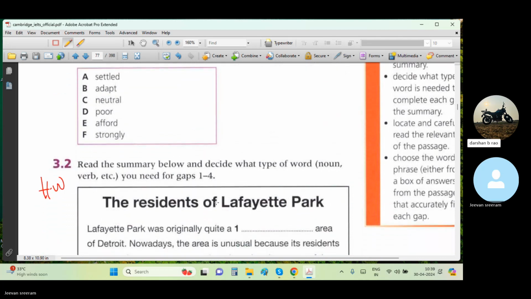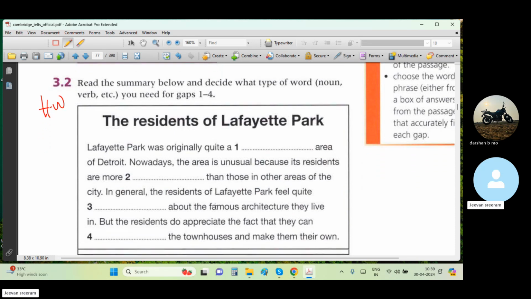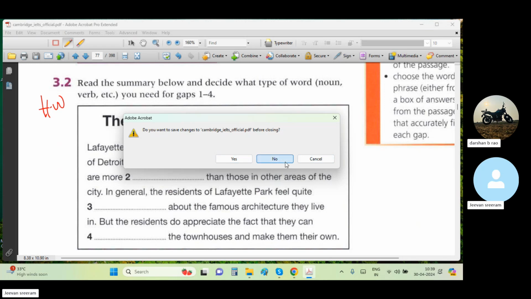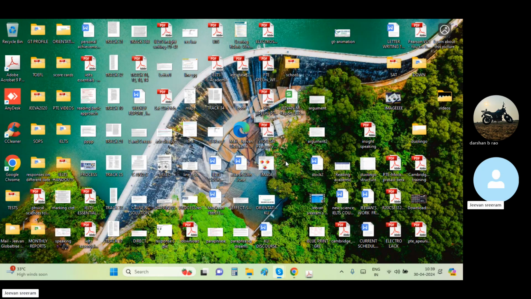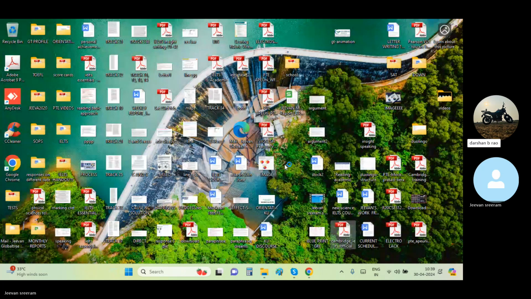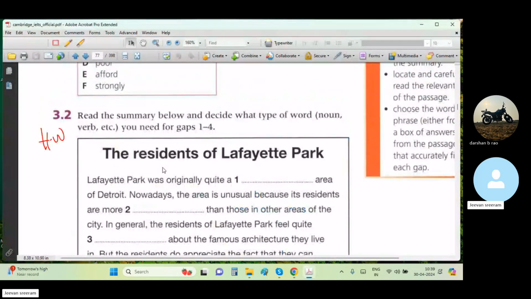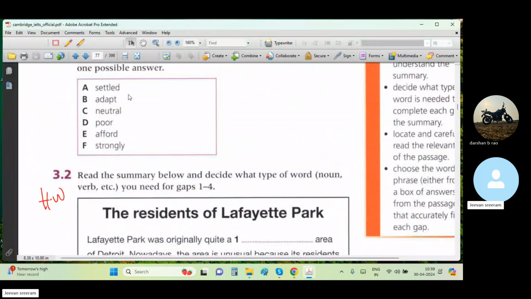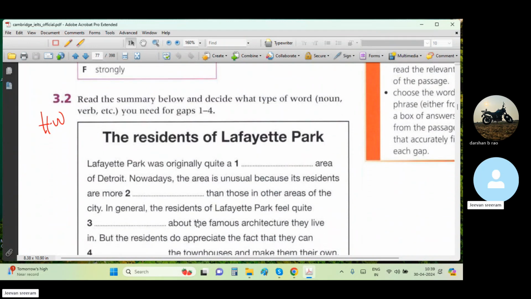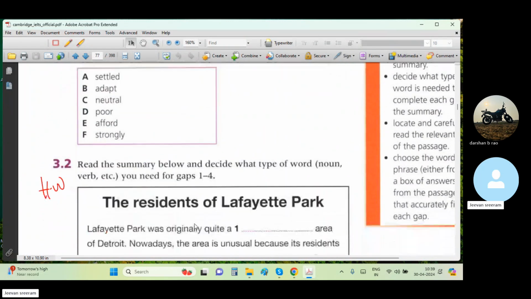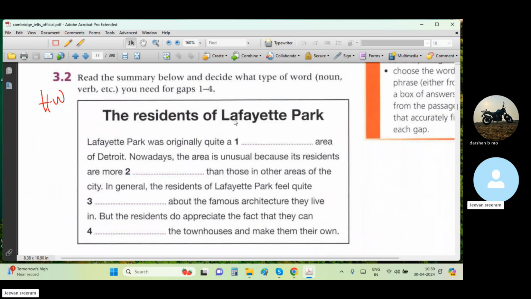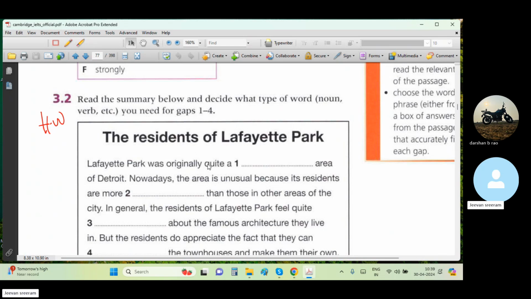It's so easy. So let me come up with my own words for these blanks. We'll close in 2 minutes, but no worries. You have to write the suitable letter in each of the blanks. Let me come up with the words from the passage and then I'll match the words with the options given. Lafayette Park was originally quite a